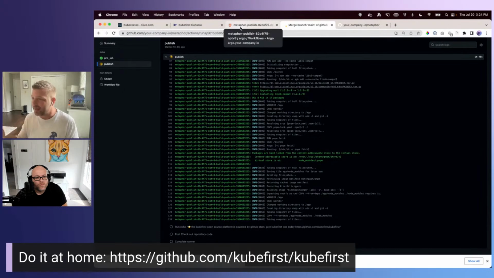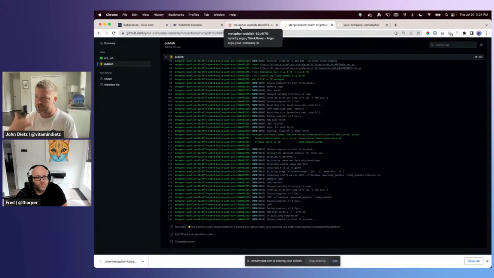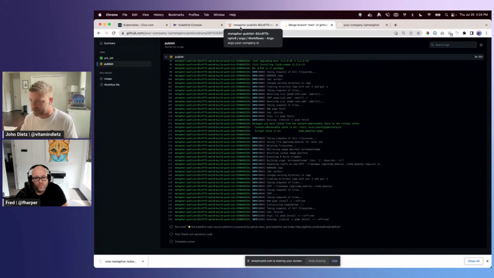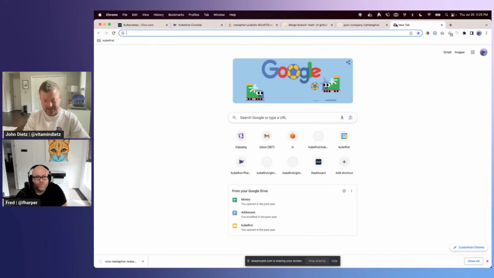Now, our pipeline, the way that we deliver it to you out of the box, it just goes dev stage prod every single time. And every single time it delivers to production, it's going to do a version bump on the chart so that your chart is prepared for the next version of your software release that needs to go to production. Now, the way that manifests in the actual application itself, let's take a look at Metaphor.